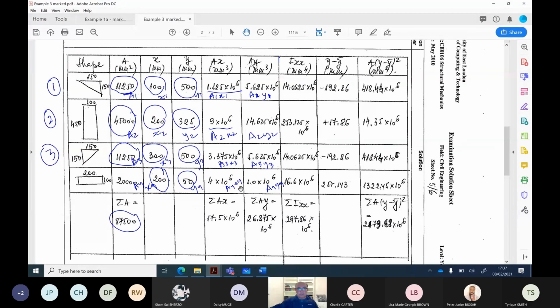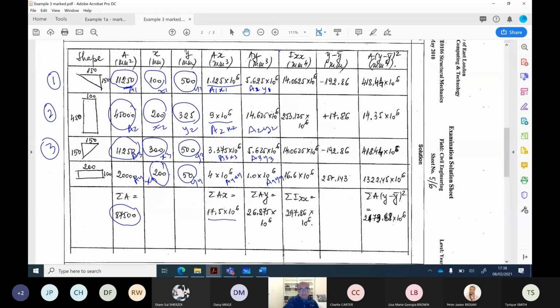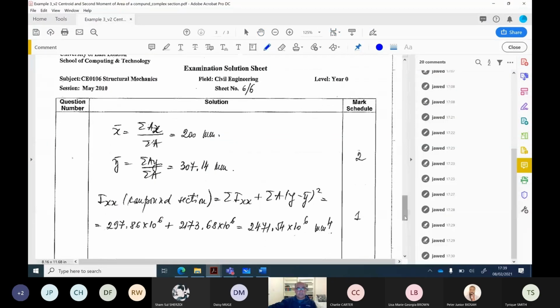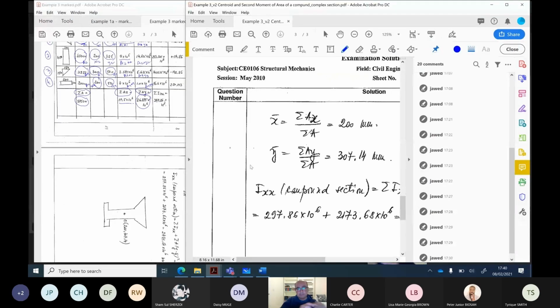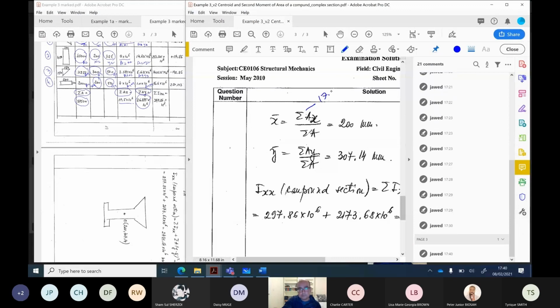Now simply add these up. Summation of Ax is 17.5, and summation of Ay is 26.875. Now simply what we have to do is find the summation of Ax over A and the summation of Ay over A. So we just simply have to put these values. Summation of Ax is 17.5 into 10 raised to 6, divided by summation of A, which is